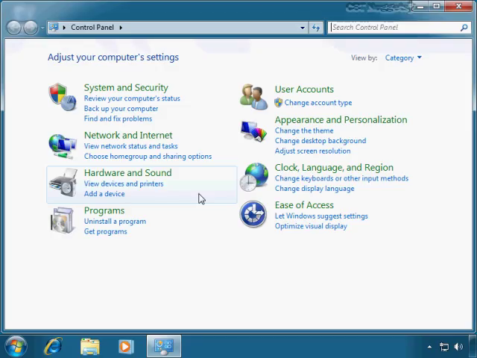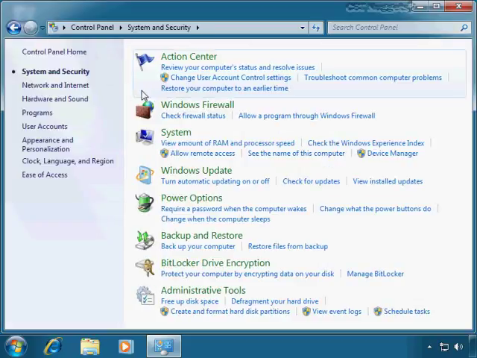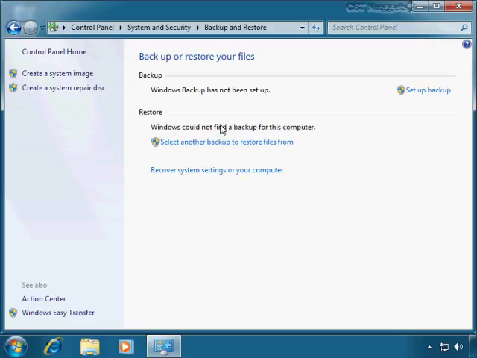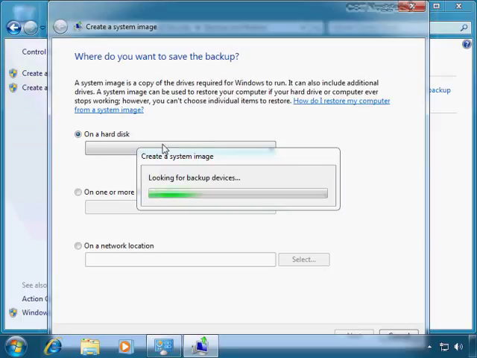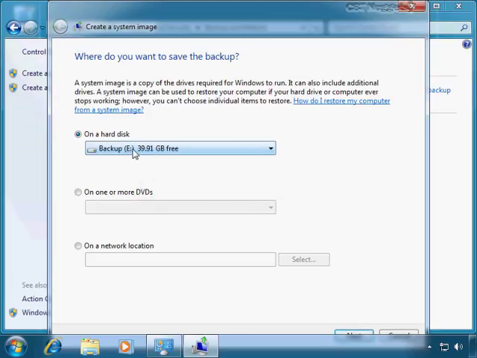Now you can get to this through Control Panel, System and Security, and then Backup and Restore, but I usually just click on Start and then type Backup, and it pops right up. You can create a system image. You just browse, and it'll look for a hard drive that's capable of storing a system image, and normally it's going to be the largest drive that it can find, the one with the most free space. That happens to be the correct assumption in my case,